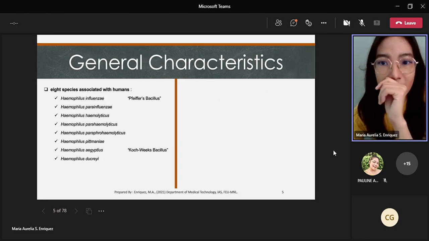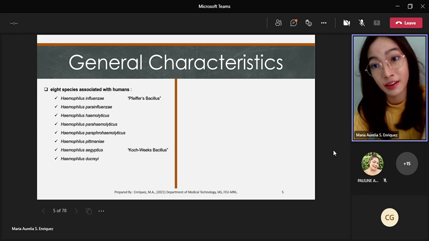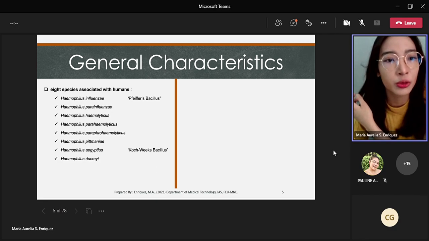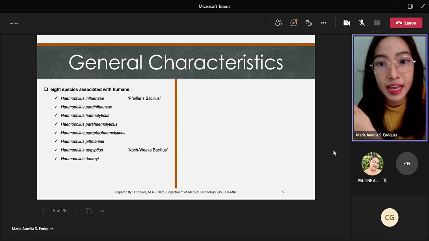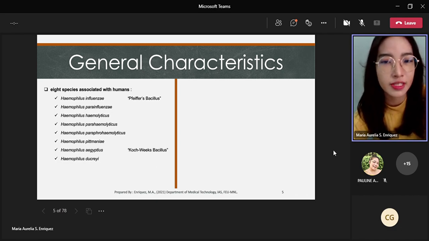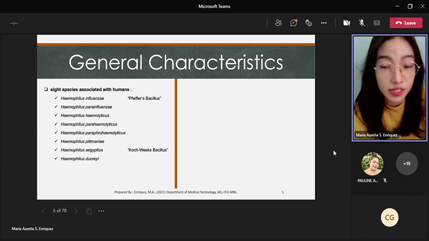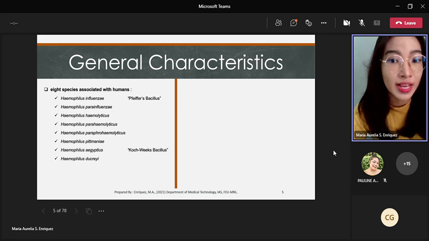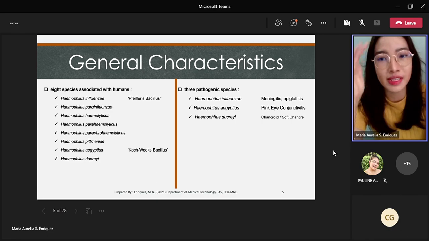Alright, so ayan po. There are 8 species that have been associated or that have been isolated from humans. Okay, so there's a total of 8, whether they are pathogenic or commensal. And then, ayan, take note that Haemophilus influenzae and Haemophilus aegyptius have their own common names. Okay, so Haemophilus influenzae is also known as the Pfeiffer's bacillus, and Haemophilus aegyptius is commonly known as the Koch-Weeks bacillus. And so out of those 8 species, we have 3 that have been recognized clinically